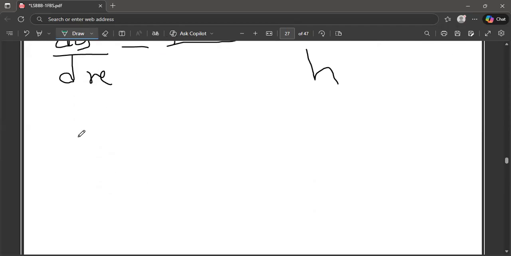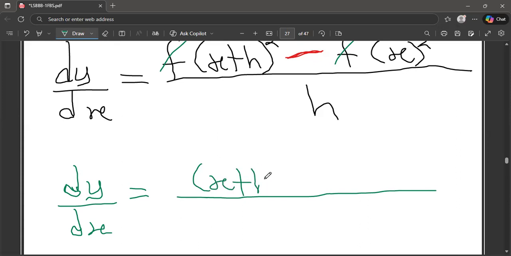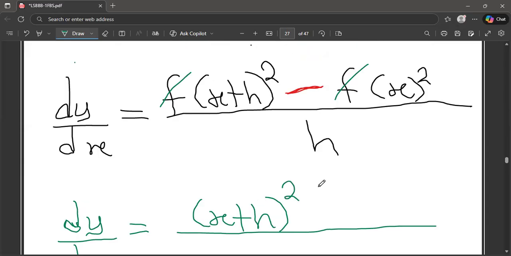And at the end of the day, we are going to be left with our dy dx being equal to just x plus h, all squared